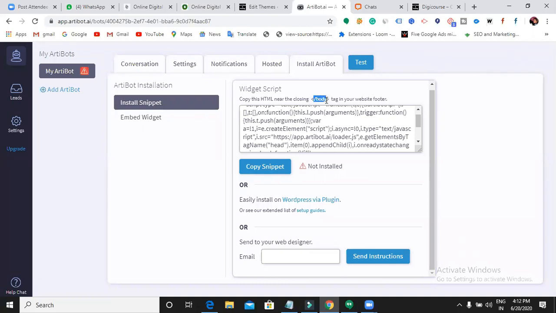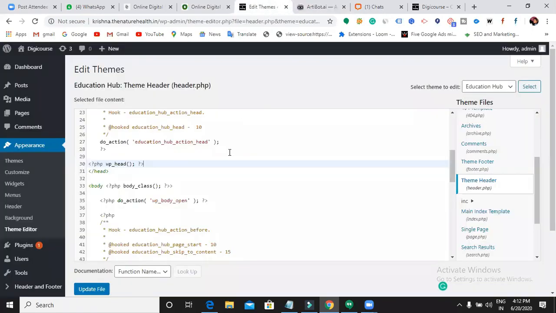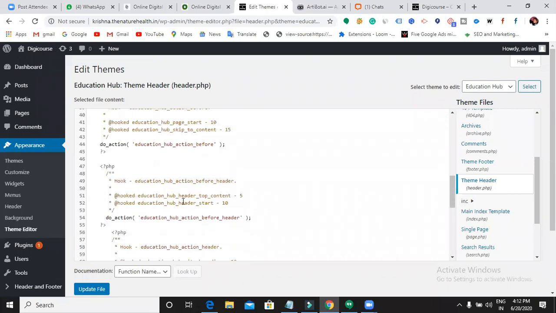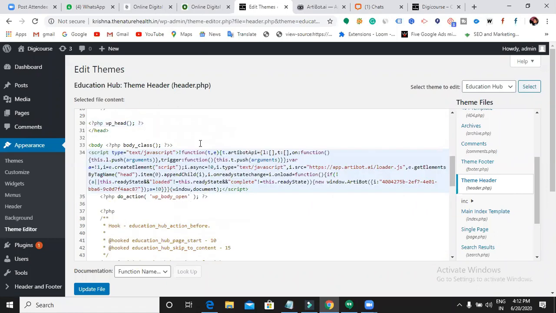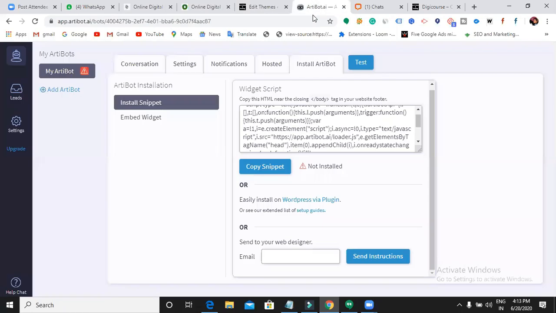Is it the closing or the starting body tag? This might be starting. So we need to paste here. Let me paste here within the body section and then update the file. Okay, file successfully edited. Let's go back.